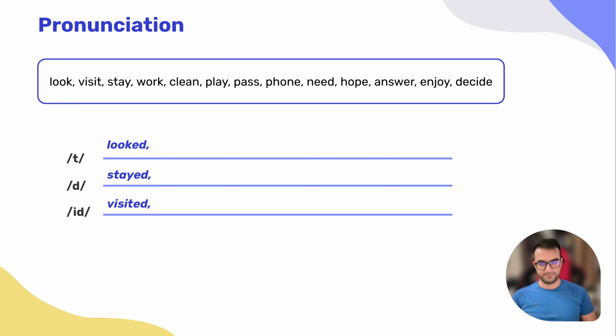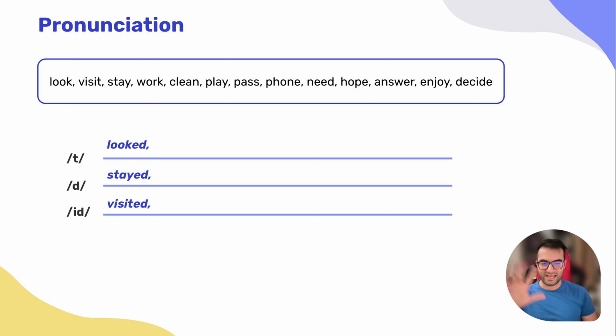So let me tell you that rule. I think you can easily remember that. If the verb ends with a voiceless consonant, what's a voiceless consonant? Like k, p, or s. These are voiceless consonants. And when the verb ends with this type of consonant, then we use t. Okay? But if the verb ends with a voiced consonant, for example, y, n, what else have we got here? For example, answer. That actually doesn't end with a consonant, but it's still voiced. In that case, we use d.